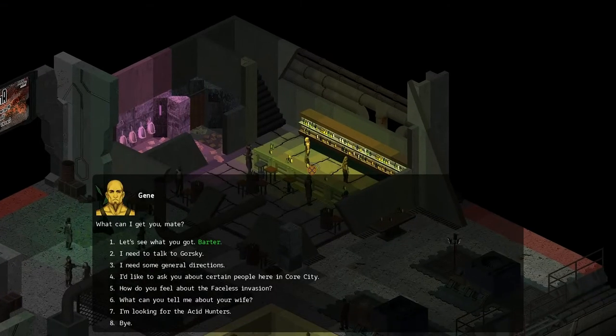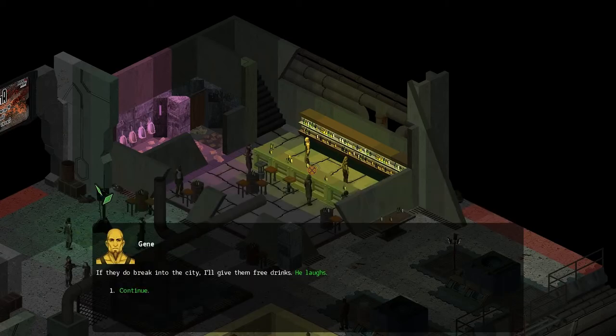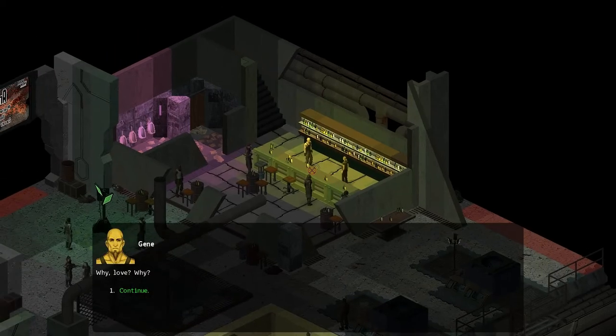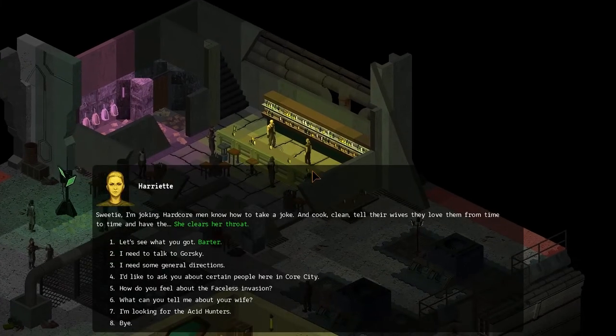What can I get you, mate? How do you feel about the Faceless invasion? If they do break into the city, I'll give them free drinks. What Gene wanted to say is he'd start quaking before the Faceless and try to bribe them with booze. Why, love? Why? Sweetie, I'm joking. Hardcore men know how to take a joke and cook, clean, and tell their wives when they love them from time to time and have the...